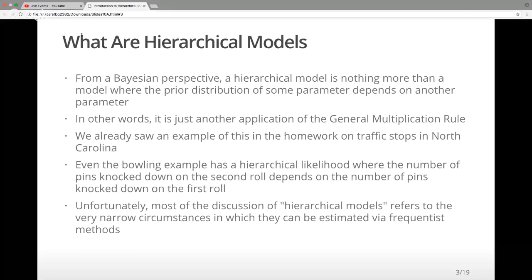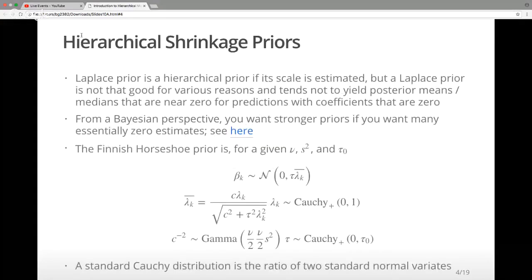And so now there's a pretty big literature from both a Bayesian perspective and a frequentist perspective on these models. So one example, talked about briefly, but I think we were running out of time and I sort of zipped through it, are these priors that impose a lot of shrinkage on particularly regression coefficients. So we talked about this today, we talked about Laplace priors and the fact that the lasso model can be seen as finding the posterior mode of a posterior distribution that used a Laplace prior on the coefficients and a normal likelihood for the observations.